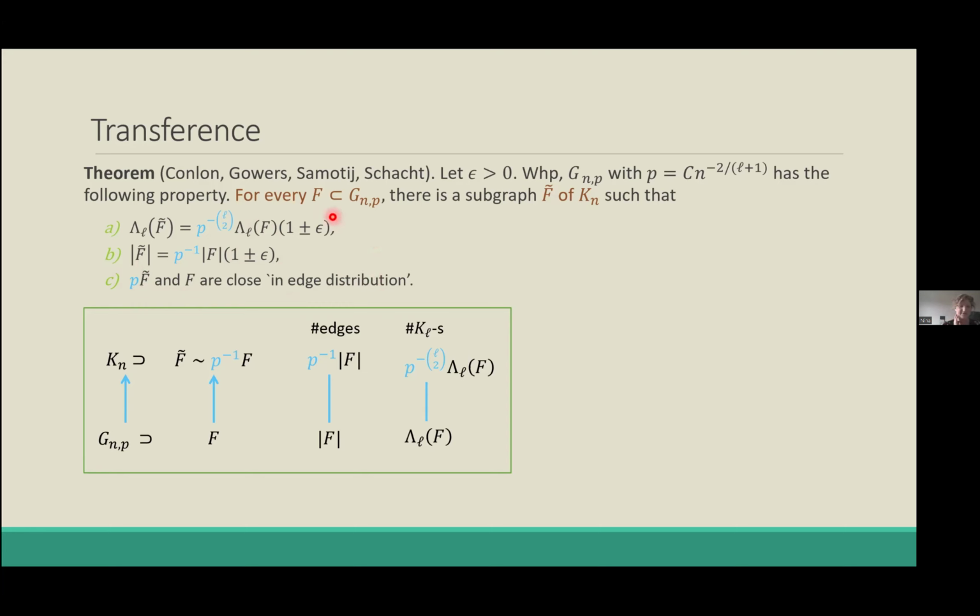So let me emphasize a few important things about the statement. One of them is this "for every". This holds for every subgraph of G(n,p), so there's no need to take any kind of union bound or calculate probabilities. The second is this "with high probability". This does not hold for every graph or every graph of density p, but you're actually conditioning on certain nice properties of G(n,p). So that's part of the difficulty. You need to find nice, smooth properties of G(n,p) which guarantee that you can find such an approximation.